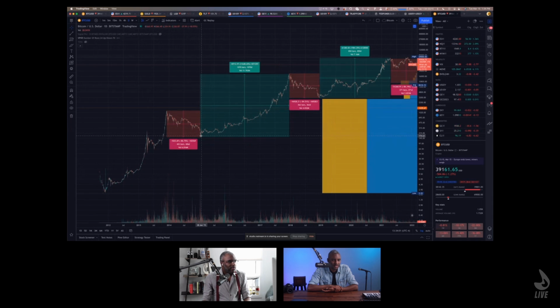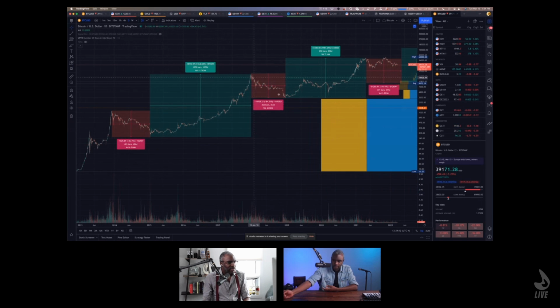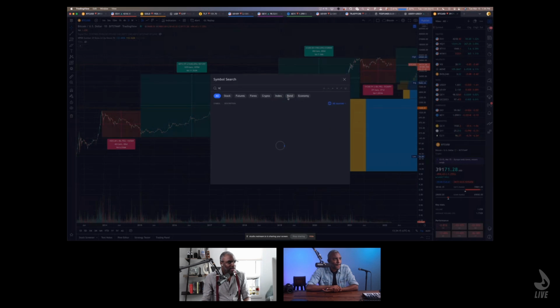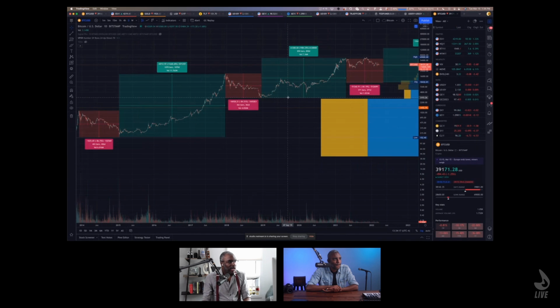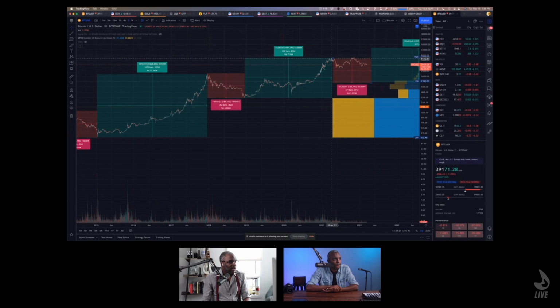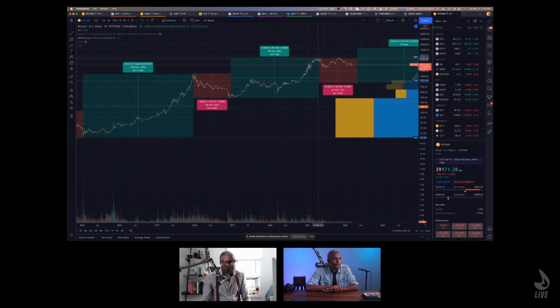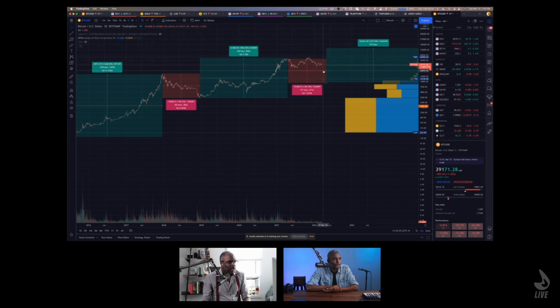So it drops 86% over a period of about a year, and then it increases for a period of about 3 years. Then it dropped again 85% over a period of a year, and then it increased for about 850 days, almost 3 years. And now we're in this cycle, where it only dropped about 40%, which means if it were to drop again 85%, we should get down to around 10,000 on Bitcoin.